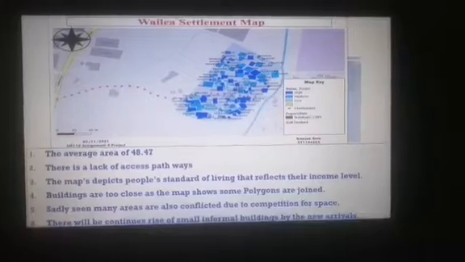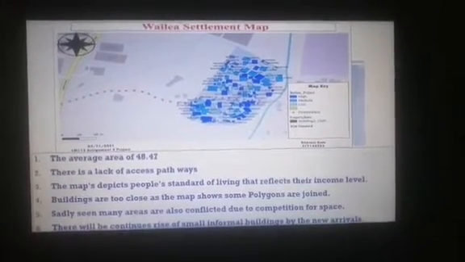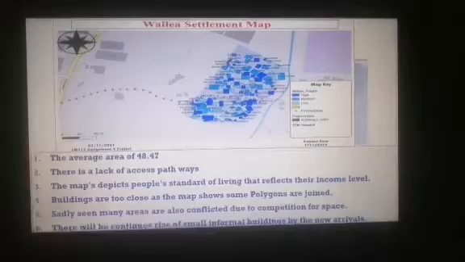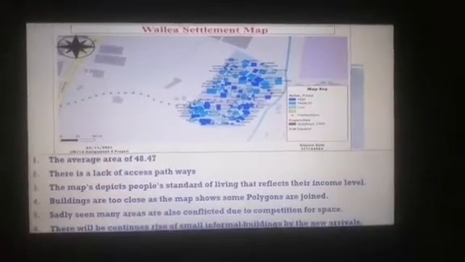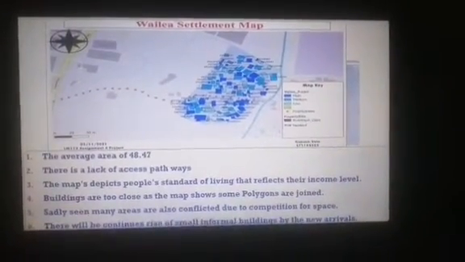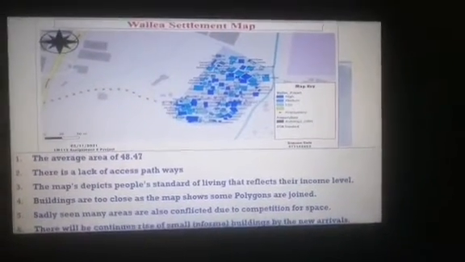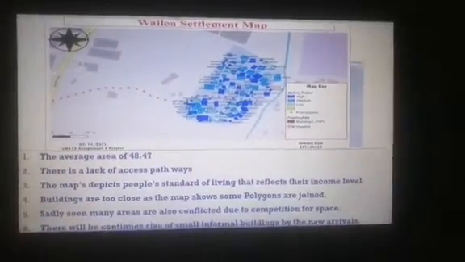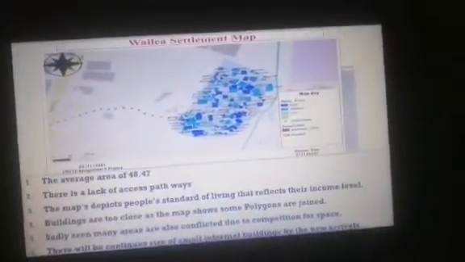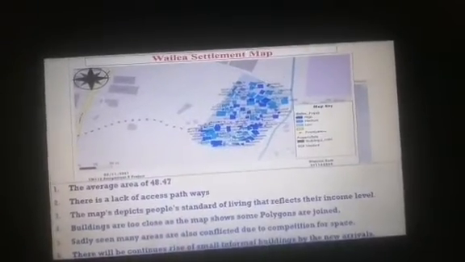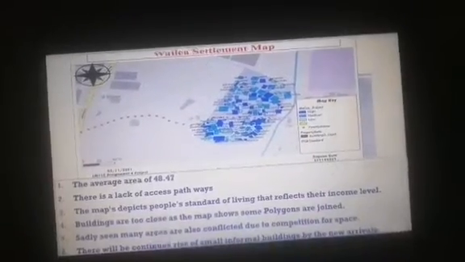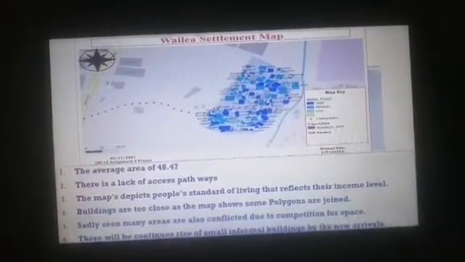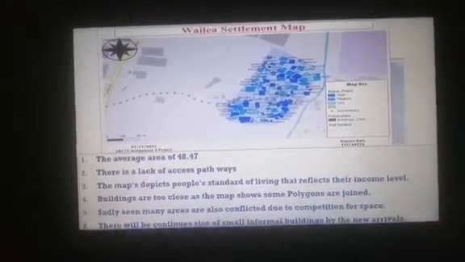The first point we discussed is about the average area. Calculating the average area followed the sum of the total of 121 areas, that is 5,860.86, divided by the mapped area, which is 121, which equals 48.47. The average area